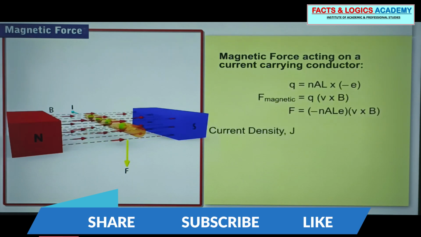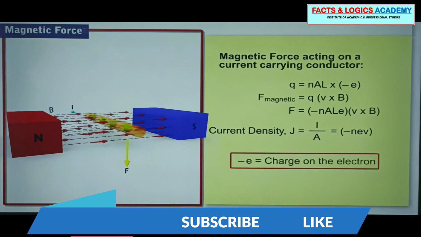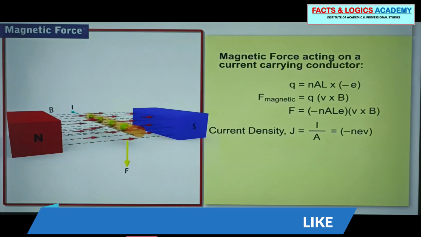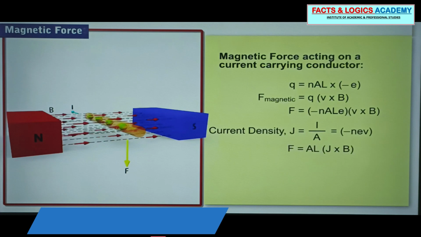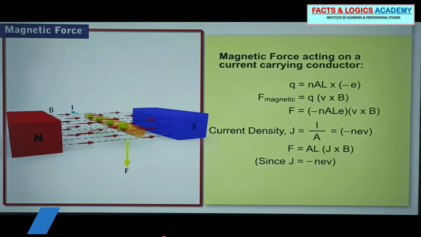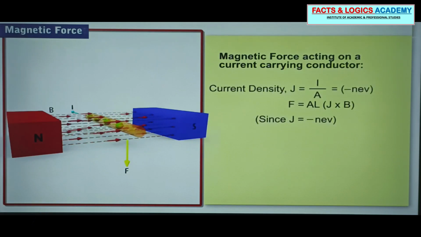As current density J is defined as the current per unit area, it is equal to current I divided by area A, which is equal to minus NeV, where minus e is the charge on the electron and V is the average drift velocity. In this case, the magnetic force can be written as F is equal to AL multiplied by J cross B, since J is equal to minus NeV. From the definition of current